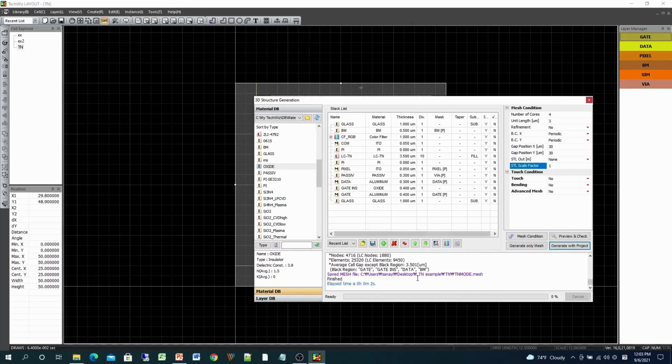And then in the log file, a message appeared. And you can see that the mesh file was created. If so, now let's check the mesh file through preview and check